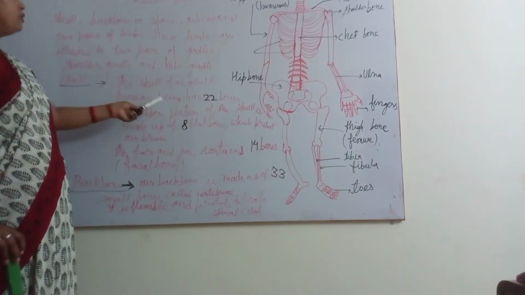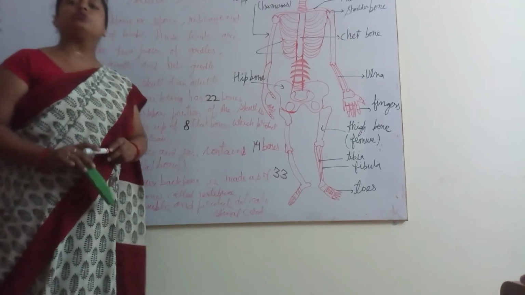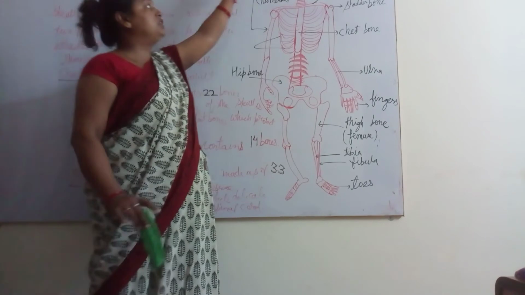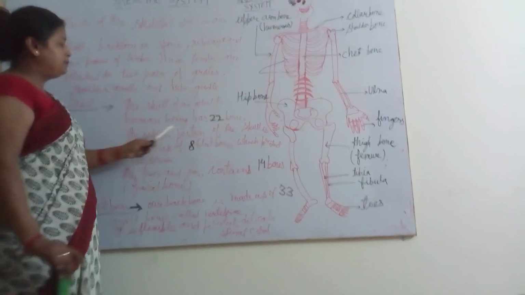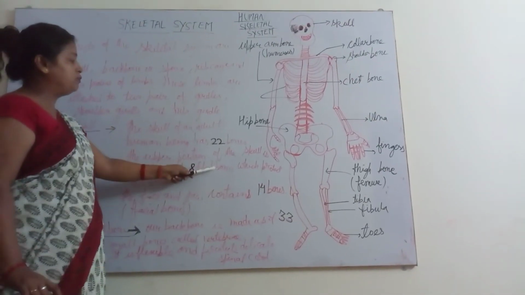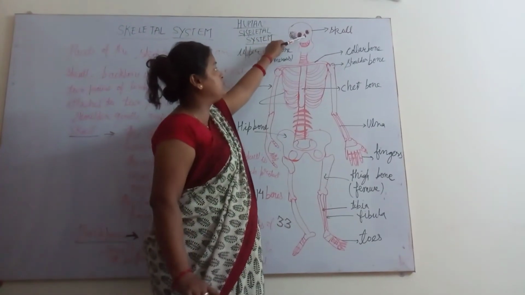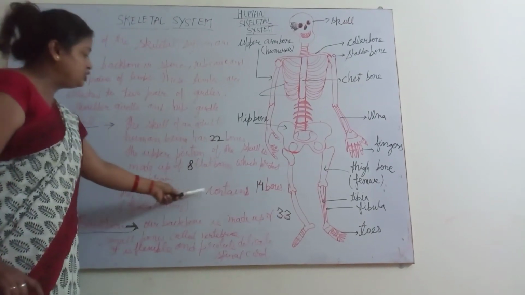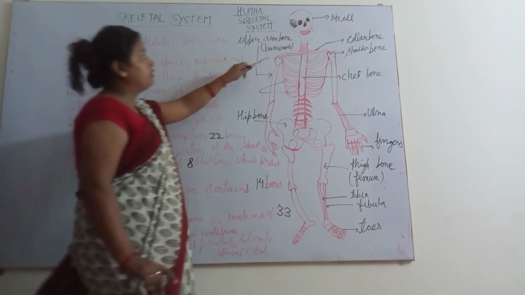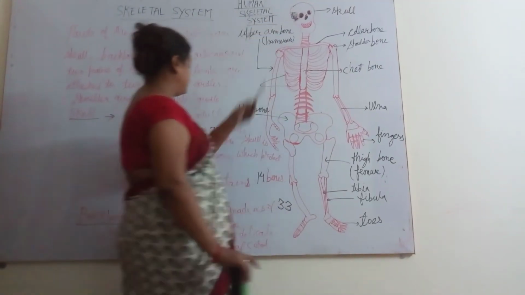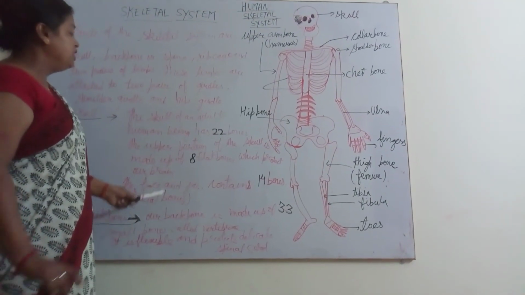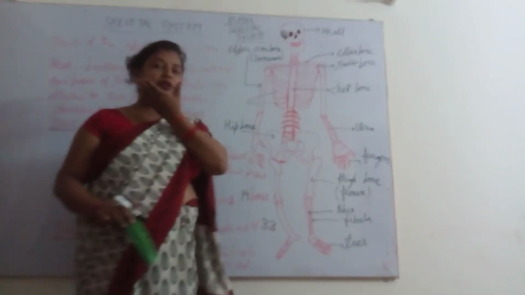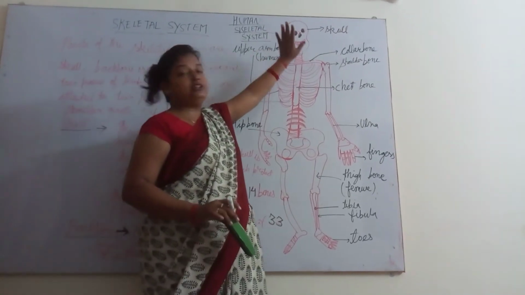Now first, the skull. The skull of an adult human being has 22 bones. That is why your brain is safe. The upper portion of the skull is made up of 8 flat bones which protect our brain. Here you can see the eyes and nose. Clear? The face and jaw contain 14 bones. This face portion contains 14 bones. The lower jaw can move easily, but the upper part is fixed.